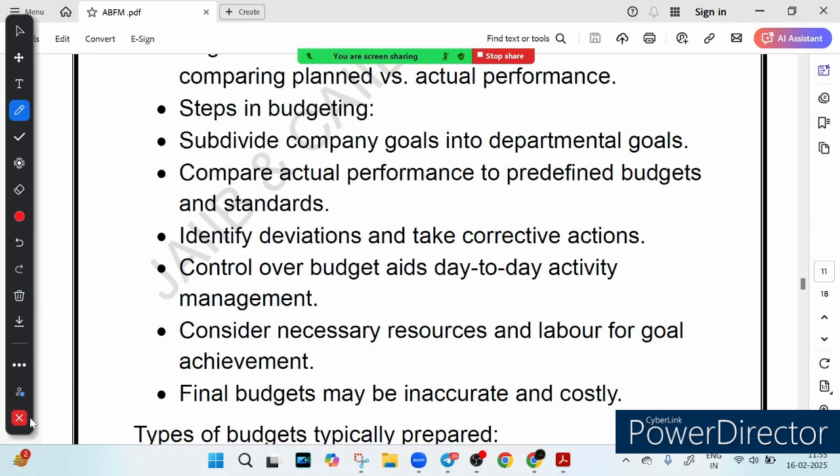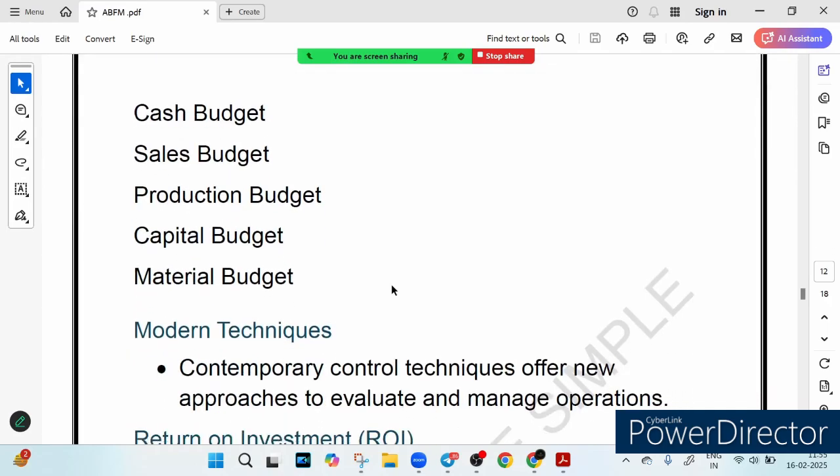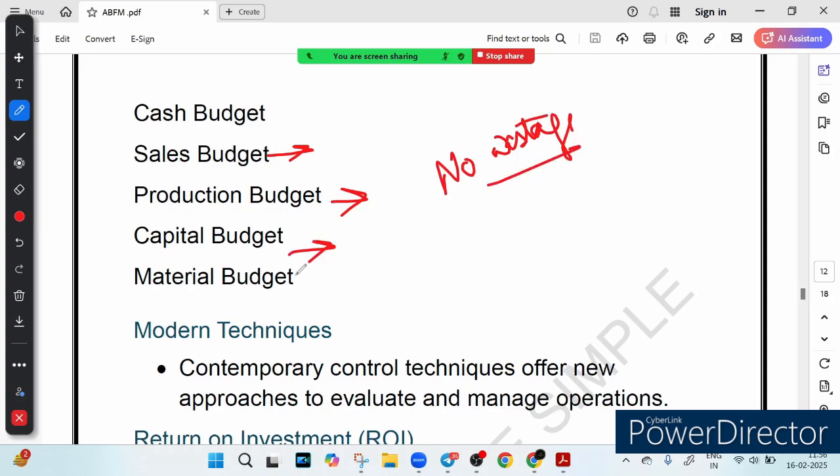Now, if we talk about the types of budget, there are different types of budget. Let's talk about it. There is something called cash budget, which manages cash inflow and cash outflow. Think of it like a company bank balance tracker. Then we have sales budget. What is sales budget? It estimates how much revenue the company expects, like setting a sales target for a year. Then we have production budget, which plans how many products should be made based on the demand, so there should be no wastage and no shortage. And capital budget, for big projects like opening new branches or buying assets. And then we have material budget, which ensures enough raw material for production. So what we learned is that different budgets ensure smooth financial planning across all areas.